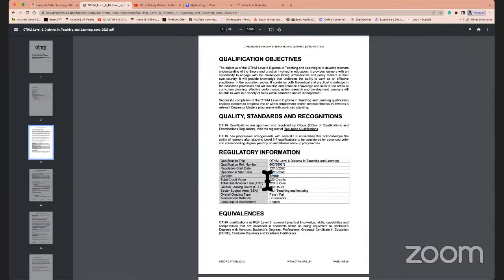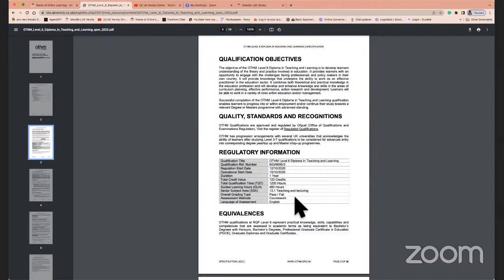It's a one-year equivalent qualification. As you know, in UK, most qualifications are 1 year. So it's a level 6 diploma, which is equivalent to the last year of your bachelor's or an undergraduate degree. There is no grading in this qualification. It's only pass and fail. Obviously, you will not fail because you get formative and summative feedback from us every time you submit an assignment, and it's working on a consultative basis to ensure that you are able to meet the criteria and obviously achieve every unit and achieve the overall qualification.